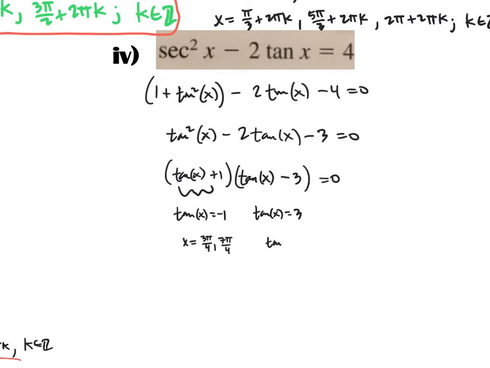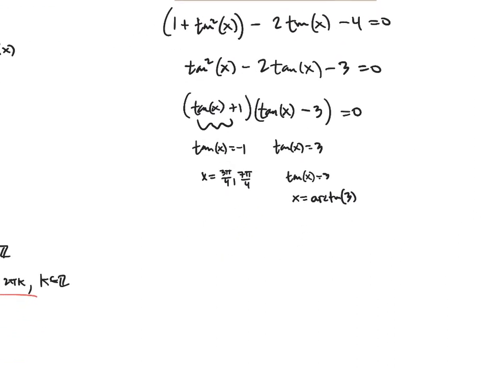Okay, but tan x equals 3 when x is the arctangent of 3. Now, that's not a unit circle friendly answer. That would require your calculator. However, we can still utilize it in just a second here. So I'm going to say my solutions are 3 pi over 4 plus 2 pi k, at 7 pi over 4 plus 2 pi k, and at arctangent of 3